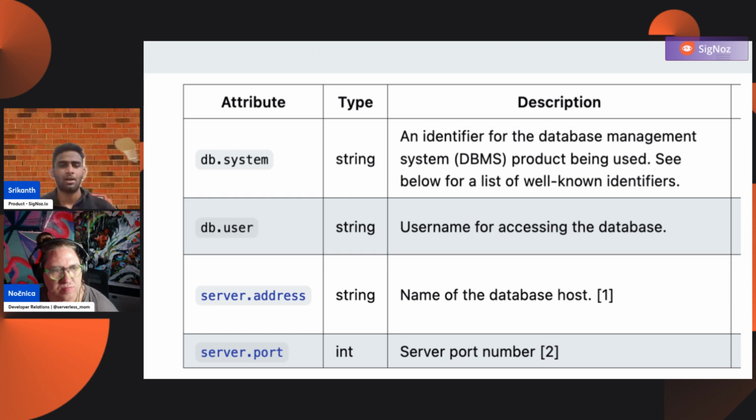And then there is a server.address. So let's say you are making a call to something outside your application, it can be a database, it can be an external HTTP endpoint. How is the service that is running on the other side of the network socket represented? So server.address. By having these semantic conventions enforced, you now have a single standard,